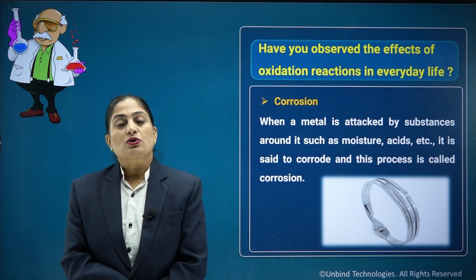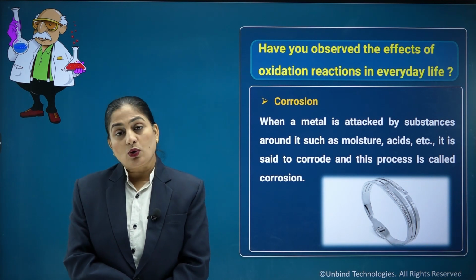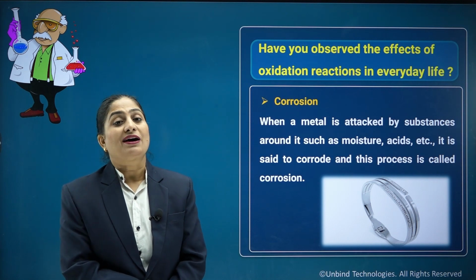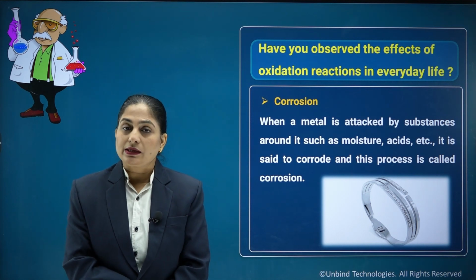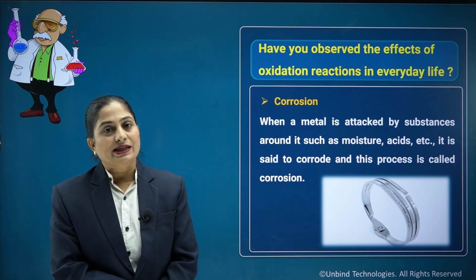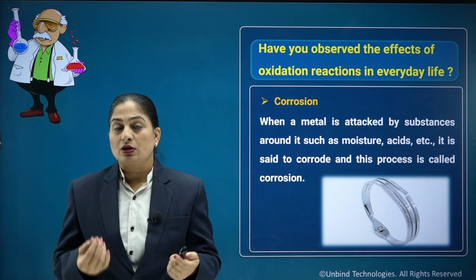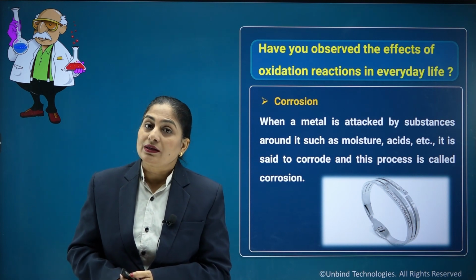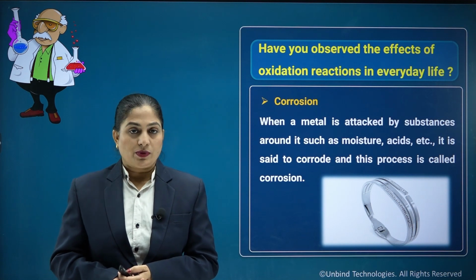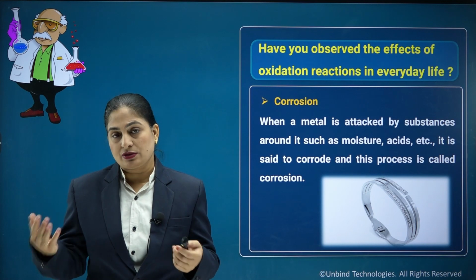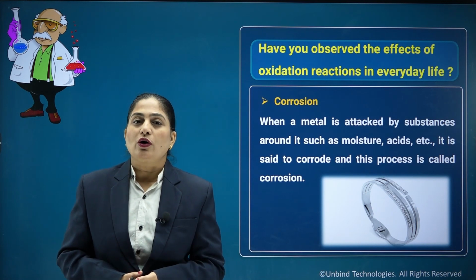Similarly, we can observe this oxidation in our day-to-day life as corrosion. When we wear gold or silver, we observe that after some time silver becomes a little bit black. Why is this so? This is because the silver starts reacting with the impurities or gaseous substances present in the atmosphere. Similarly, iron undergoes oxidation to form rust. So this is nothing but the slow eating of metals in the presence of oxygen or moisture to form the oxidized